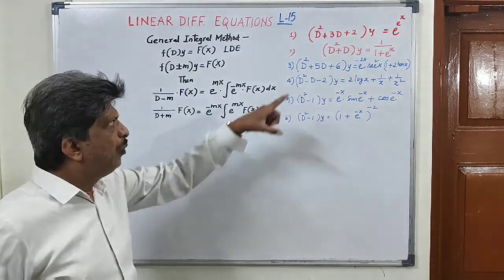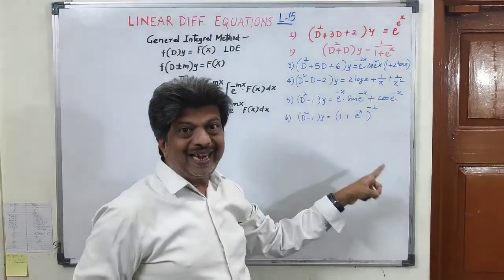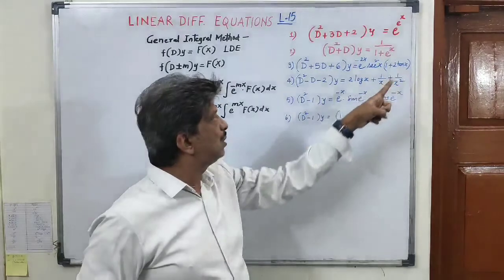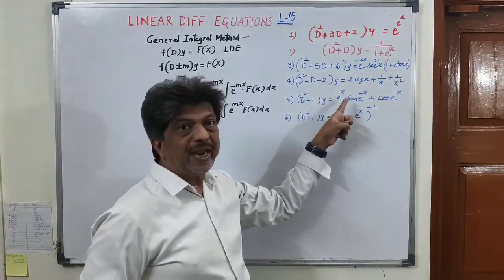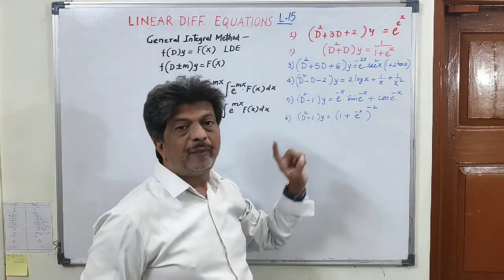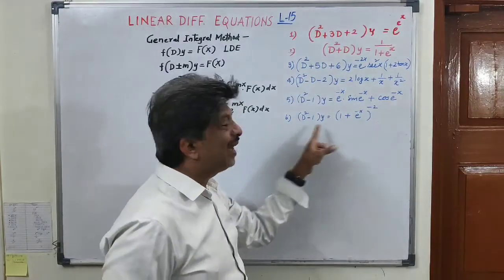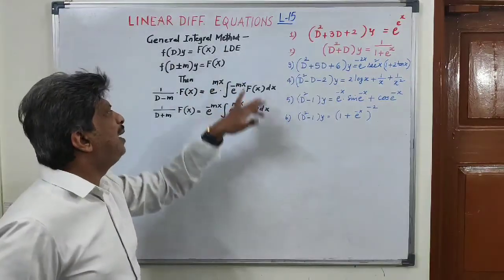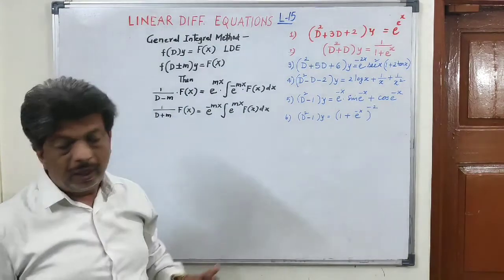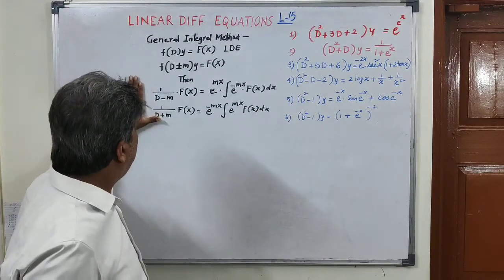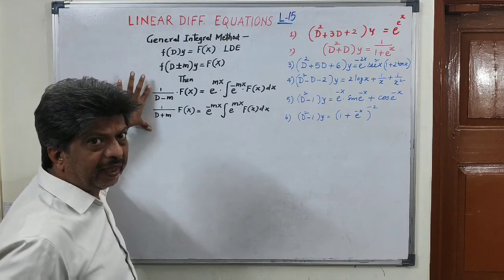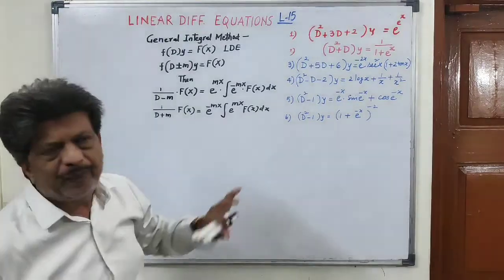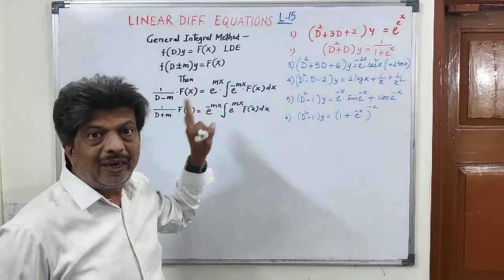You should note this. We observe over here that all these right hand side functions contain e raised to power x, tan x, log of x, sine of e raised to power minus x, e raised to power minus x. So in all of these 6 examples, we deliberately use the general integral. You need to remember this formula only. These two formulae are the general integral formulae, and we shall now solve these 6 examples by this general integral formula.